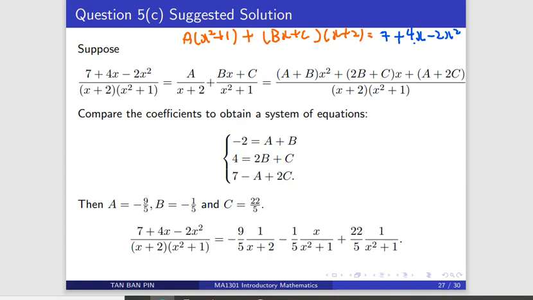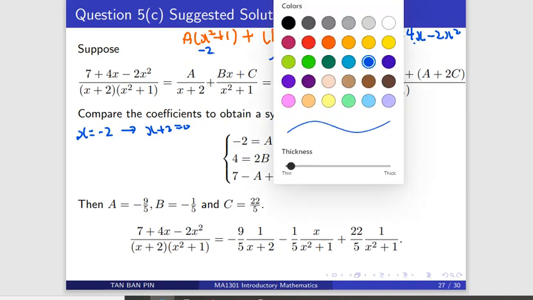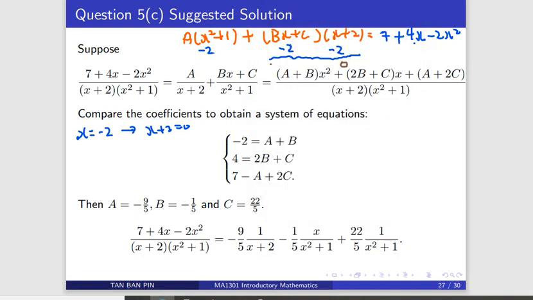The first number you can choose is x to be minus 2. The reason is because if you sub x as minus 2 into every x term here, then you will find that x plus 2 will be 0. If you sub x as minus 2, then it's the same as x plus 2 is 0. Then this part will disappear. This part will give you 0 because x plus 2 is 0. So you just need to focus on the a term.